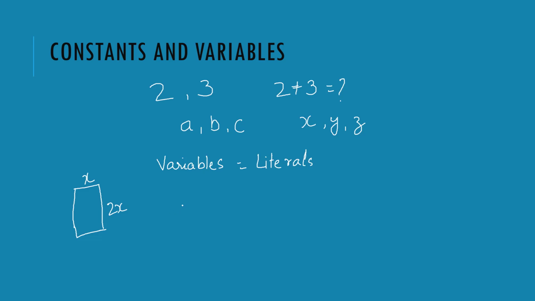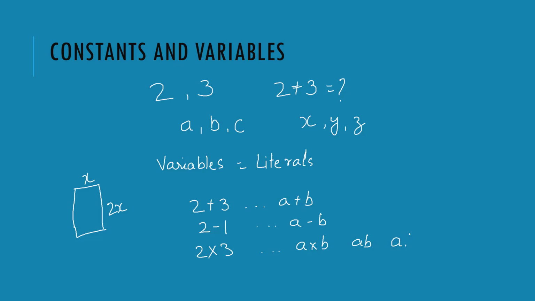So the way you do 2 plus 3 with numbers, here you can write a plus b or x plus y. You have to do 2 minus 1. Again, here you can write a minus b. 2 into 3, you can write as a into b, but we write it as ab. We don't write the multiplication symbol. If you are writing two of them next to each other, that means these are multiplied. Are there any other ways?